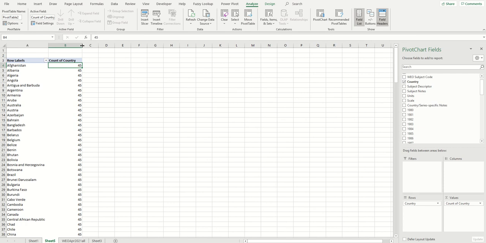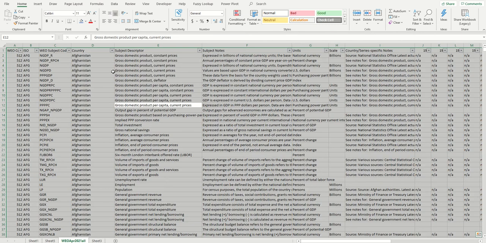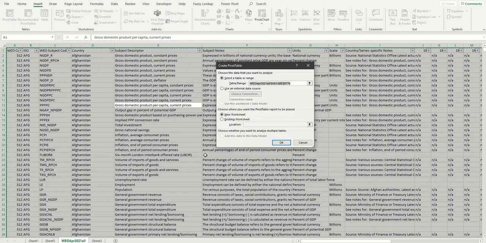And you have to do it in the beginning when you start creating the pivot table. So this is not working if you are trying to get the unique values of the country field. So let's go ahead and do it again. You already have the selected data set. Go to Insert, click pivot table, and